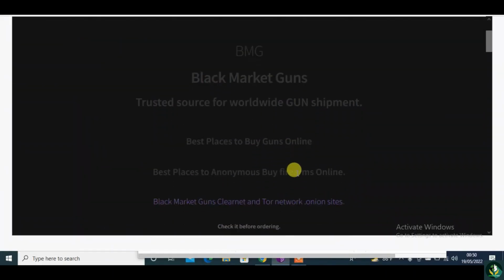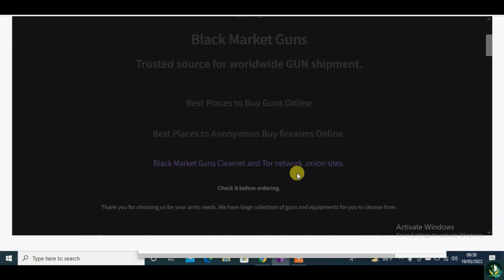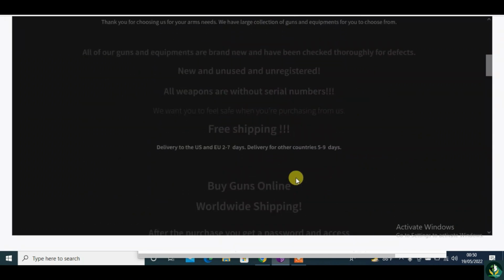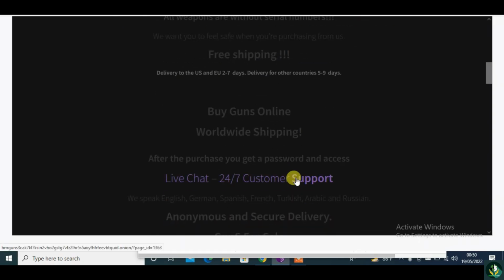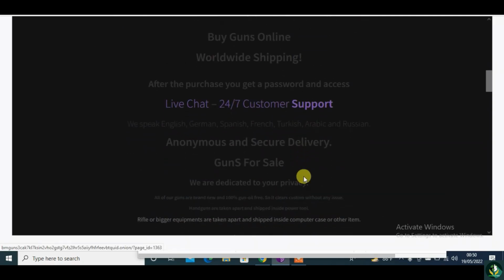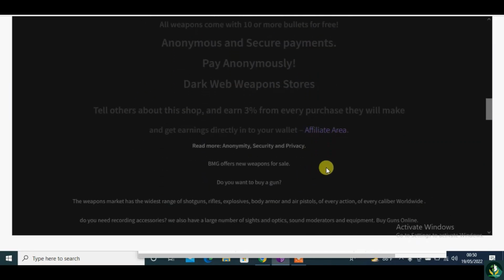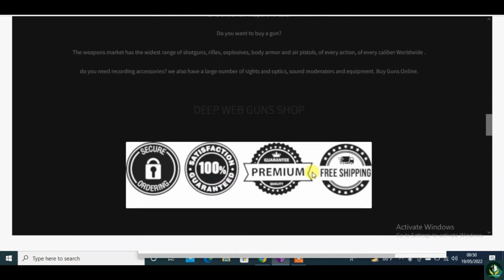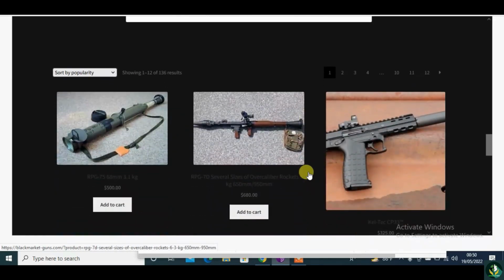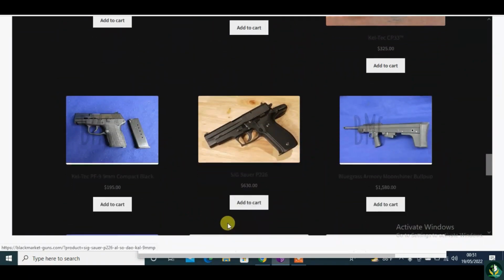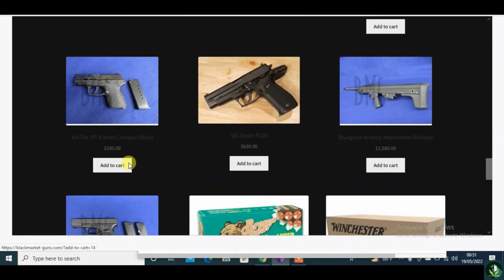Hello everyone. So in this tutorial, I will show you guys how to buy goods on the darknet. The beginner's guide, a step-by-step guide to buying on the darknet. Step 1, buying Bitcoin, then trading Bitcoin with local cryptos, accessing the darknet, picking your darknet market, funding your darknet account, browsing your darknet market.